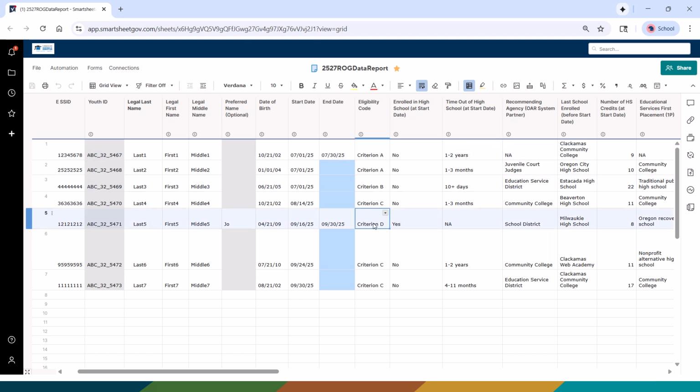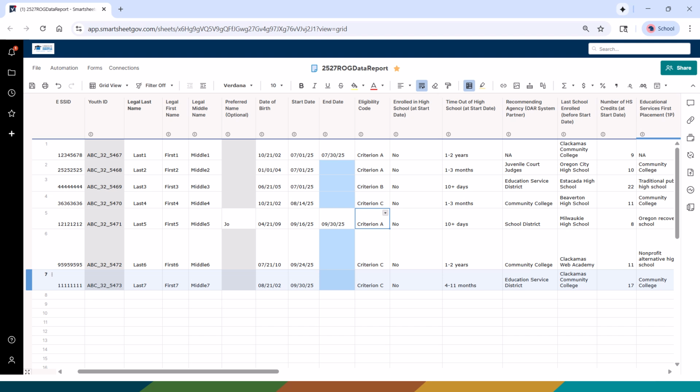And criterion D specifies that they are enrolled specifically in high school, in which case you will select not applicable. And this is the case where that conditional formatting will come into play. If there's some kind of error or something that doesn't make sense, then the conditional formatting will kick in,